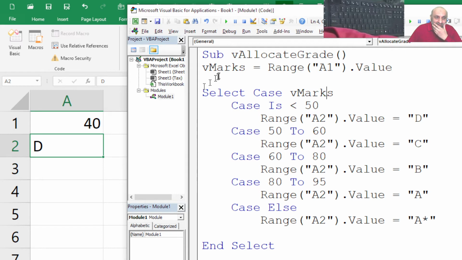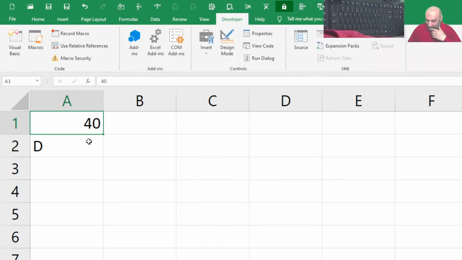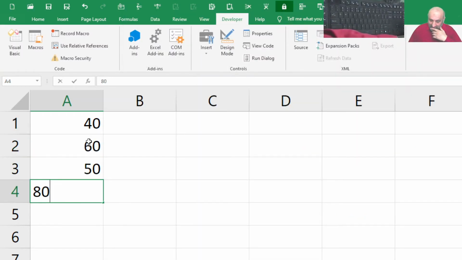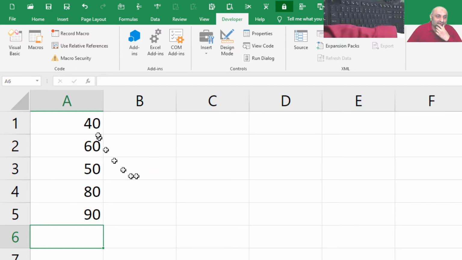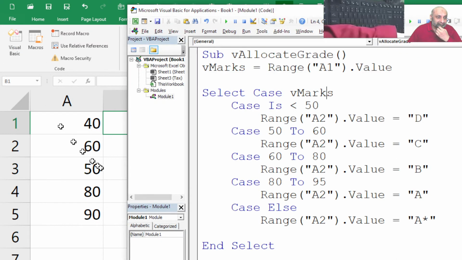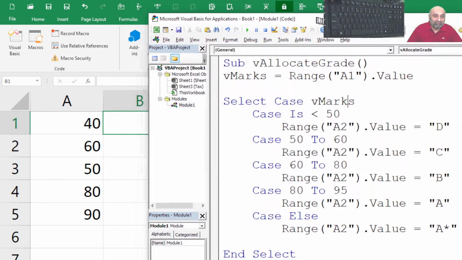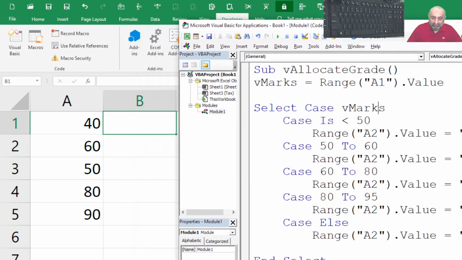What if I have these values, 40, then 60, then 50, then 80, then 90? What if I want to get the grades in B1, B2, B3 and so on? How am I going to do it? We have studied it. Yes, exactly. You are going to convert this macro into a function.